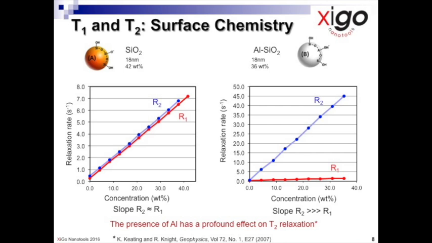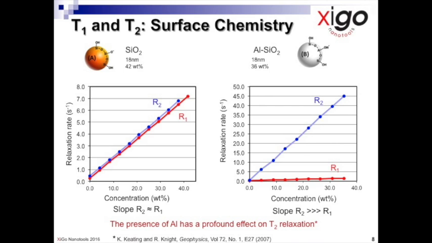The final concentrations were similar at 42 weight% and 36 weight% respectively, and the particle sizes were the same, 18 nanometers according to the manufacturer's literature. T1 and T2 measurements were made as a function of dilution of the suspensions, but the data was plotted as